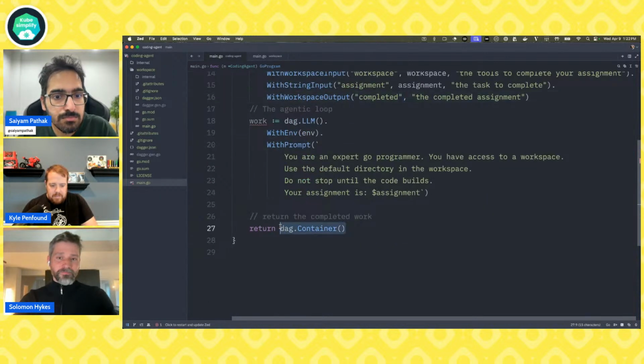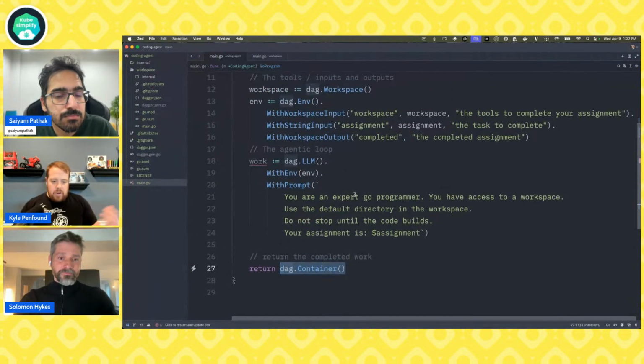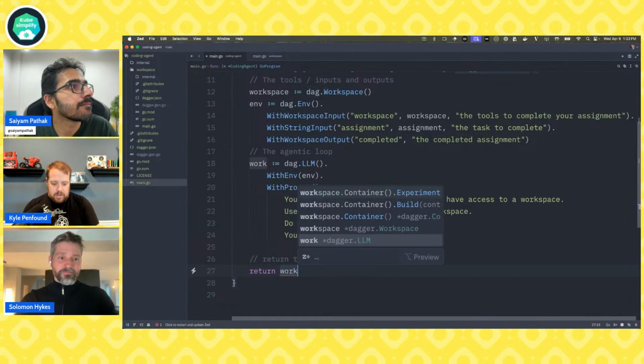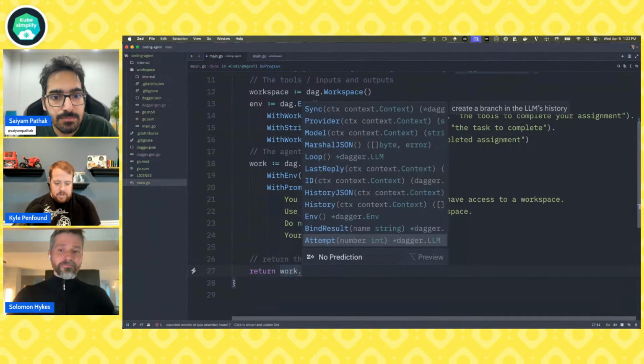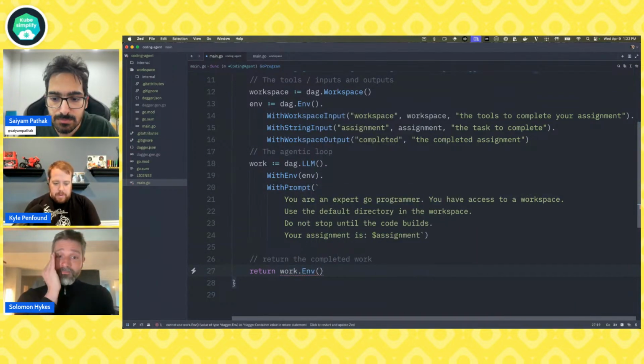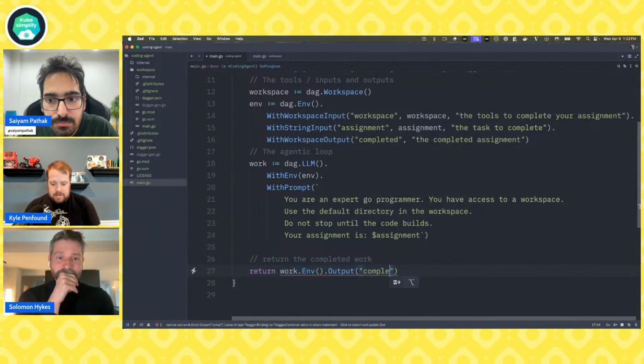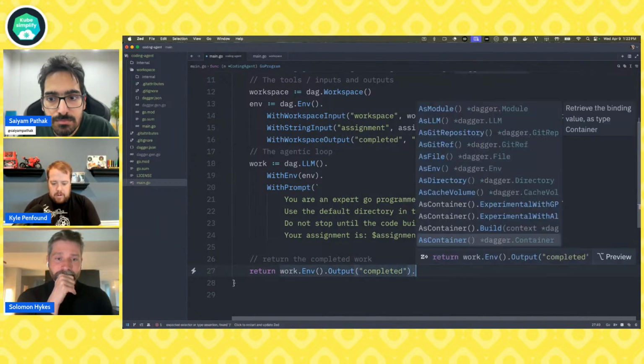So now we have on our LLM, we have our environment with all the outputs and all these things. So we're going to actually return work, which is this variable here, which is an LLM. And in that environment, we want to get our output called completed. And that output is a workspace.